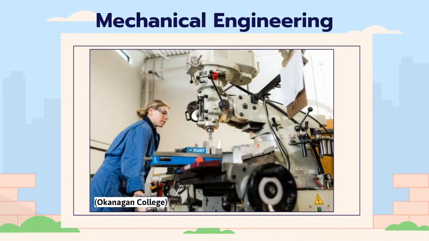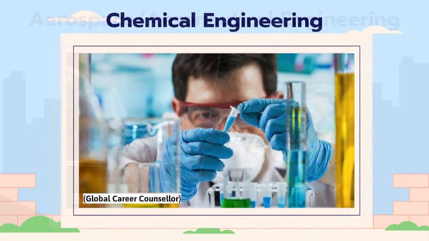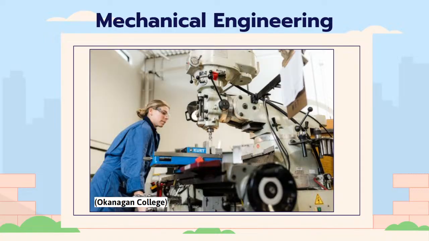Within mechanical engineering, I don't know if you guys remember, but remember we went to aerospace? Aerospace engineering is actually part of mechanical engineering. So mechanical engineering is broad, and within it you can have aerospace engineering or robotics engineering. But overall, mechanical engineering is working with mechanics, physically building things, like gears, robots, rockets and satellites. That's what mechanical engineers work with.